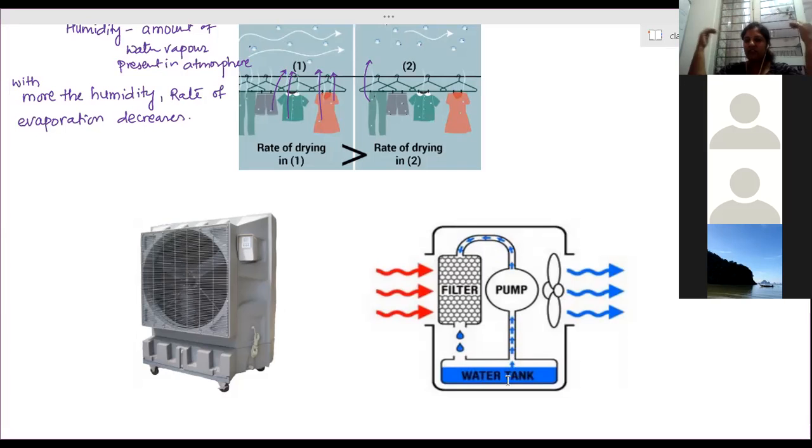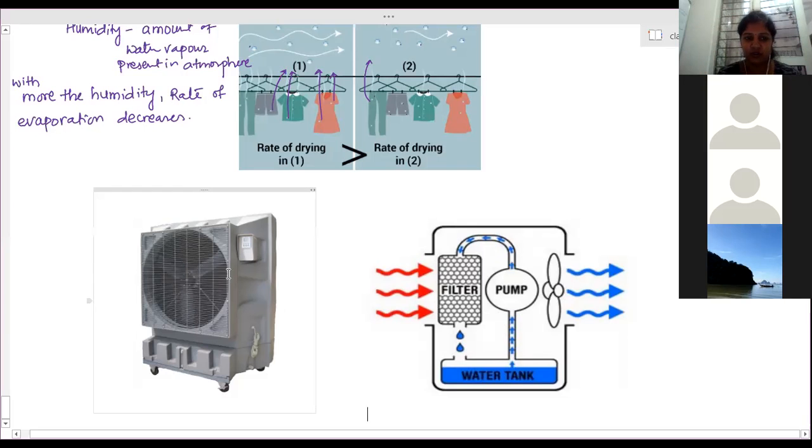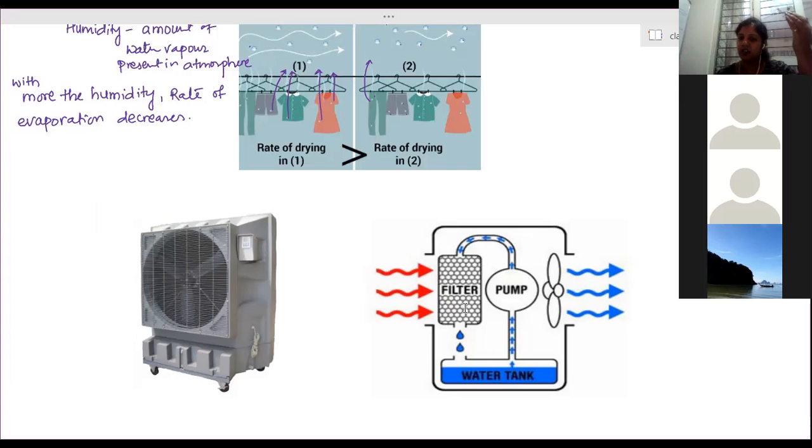From the front side you can see the fan, but at the backside, these 3 areas form a cubical structure sideways. So 3 faces, 2 side faces and 1 back face, have dry grass present. It works as a filter. The water is pumped up and passes downwards through that dry grass, and is filtered out. Water is circulated from the 3 surfaces.